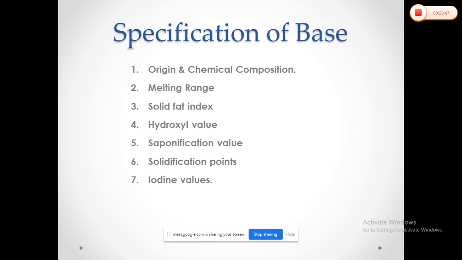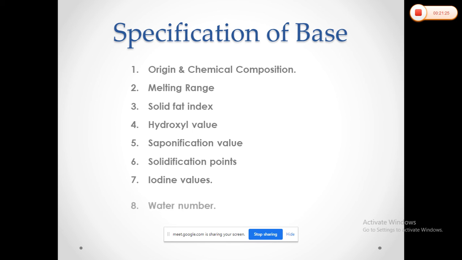Basically, there is the possibility of decomposition by moisture, oxygen and acids. So that will lead to rancidity. In fact, that can increase the acidity, so this particular acidity will increase with a high iodine value. So तुमचे iodine value च्या particular base मध्ये जास्त असेल तर तुम्हाला that particular acidity will occur in more amount. So to avoid that, or to check which antioxidant will be preferred in this particular base formulation, these iodine values play an important role.